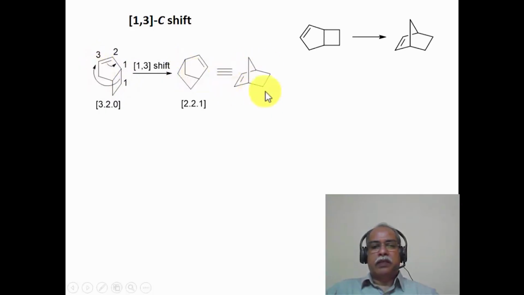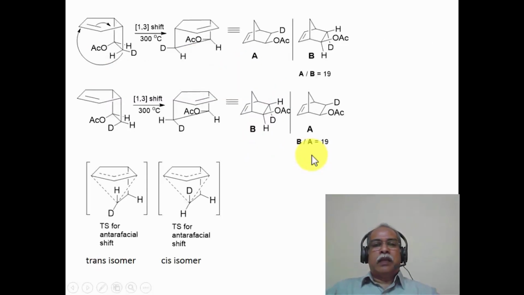So as a result of that, you get the 2-to-1 bicyclic system. These are beautiful examples which illustrate not only the feasibility of the 1,3 shifts in an antifacial manner, the stereochemistry also revealing its nature in terms of the antifacial migration resulting in the inversion of stereochemistry. If you look at the stereochemistry of this carbon-carbon bond, the deuterium and the acetate are trans with respect to each other. And if this carbon-carbon bond is broken and if it migrates to this position, this is the product